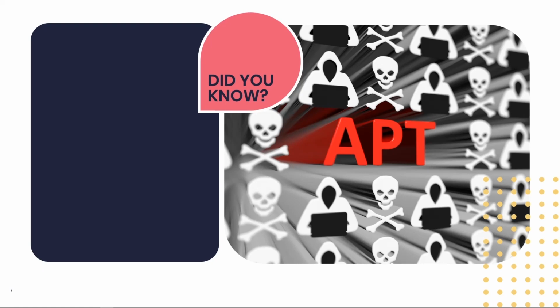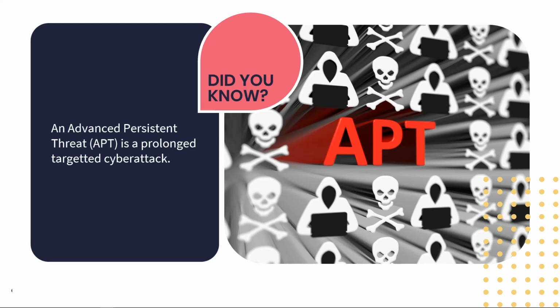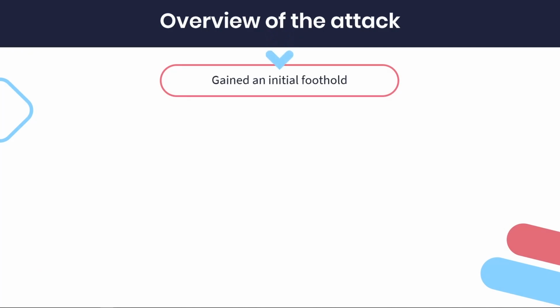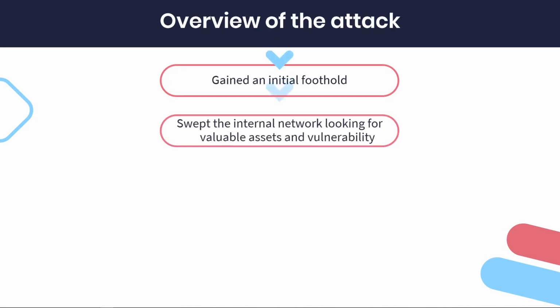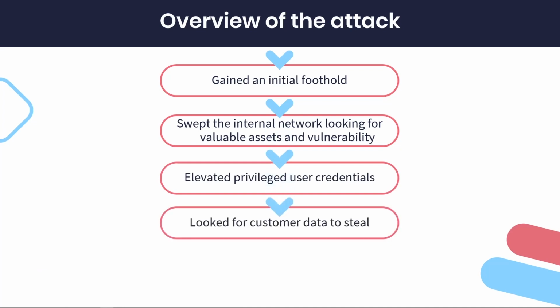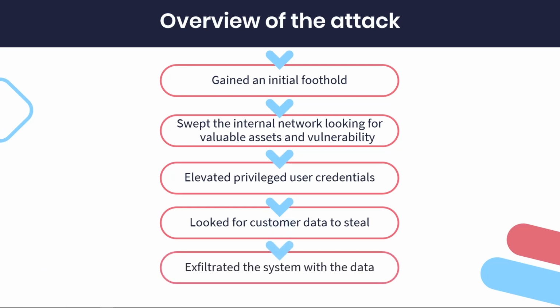Did you know that an APT is an advanced persistent threat, which is a prolonged and targeted cyber attack in which an intruder gains access to a network and remains undetected for an extended period of time? In this attack, the attacker group gained an initial foothold, then swept the internal network looking for valuable assets and vulnerabilities. This enabled them to elevate privileged user credentials and to look for and steal customer data by moving laterally within the system. In this attack, the threat actor was able to exfiltrate the data from the system and avoid